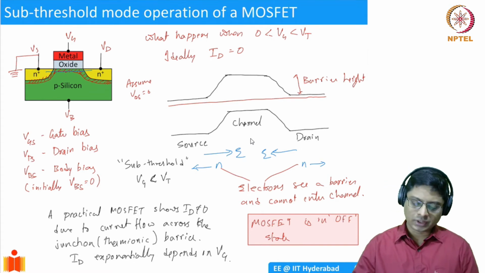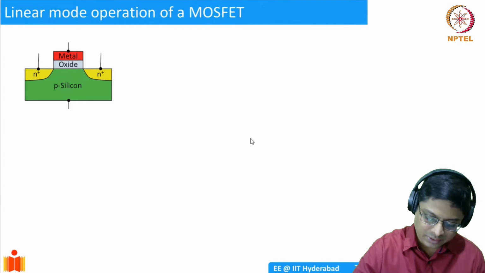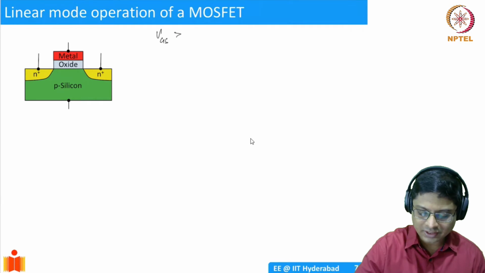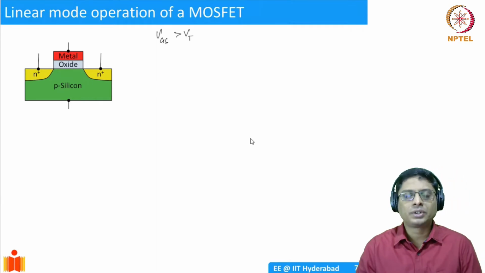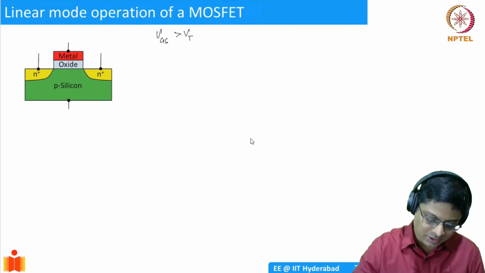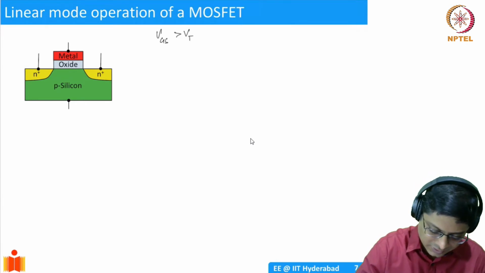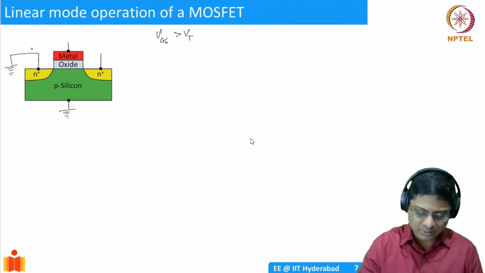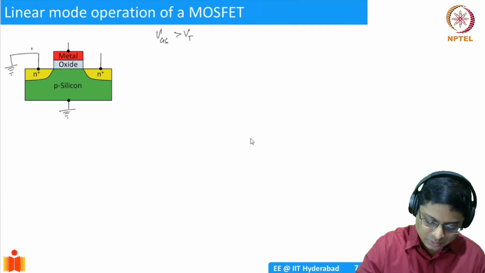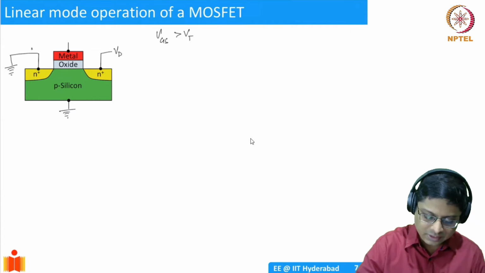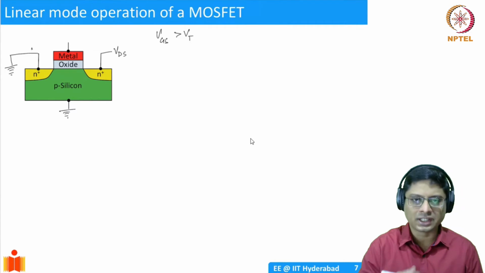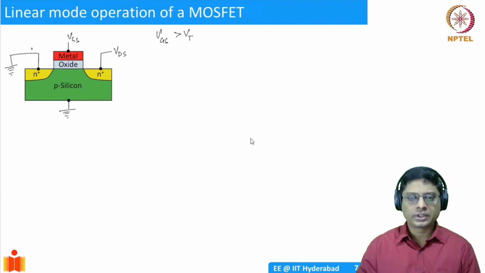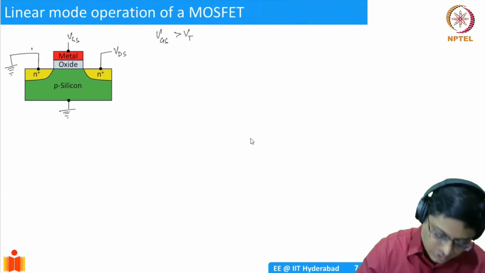Okay. So now, let's consider a situation where I'll say VGS is greater than VT. What do we expect? Well, I didn't show you all the voltages, but anyway, now we understand what this is, right? This is source, and we said this is usually grounded. Let's assume this also is grounded because VBS is 0. Let's say this is connected to a VD, or you can call it VDS. I mean, the source is 0, so VD or VDS is same. This is VGS. Okay. So now gate voltage is greater than the VT, so there should be an inversion charge.